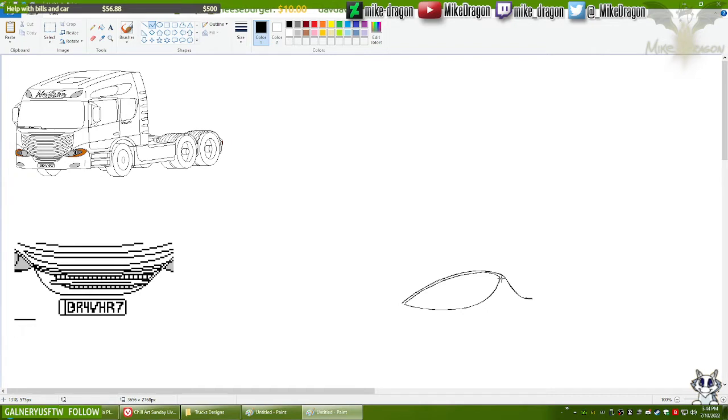Why did my pen just stop responding? Pen? The heck? My pen just stopped responding. Why? I just charged the battery of this pen.